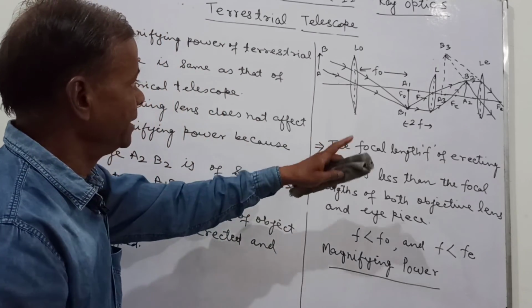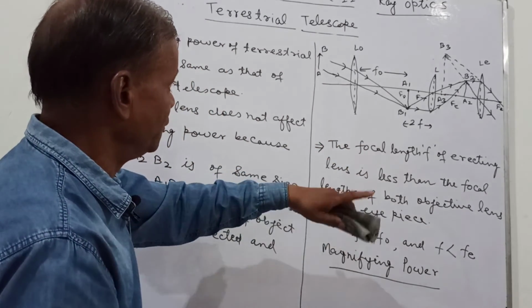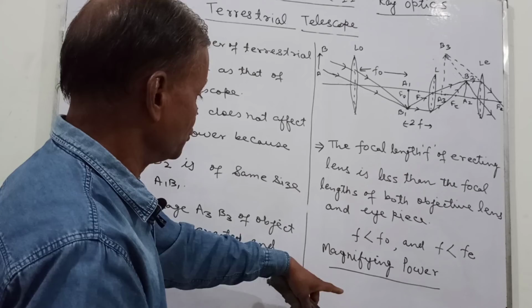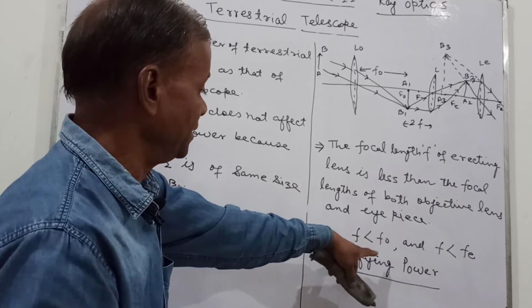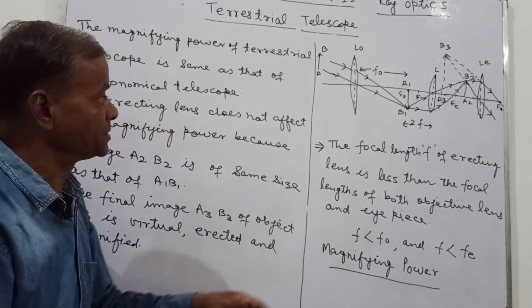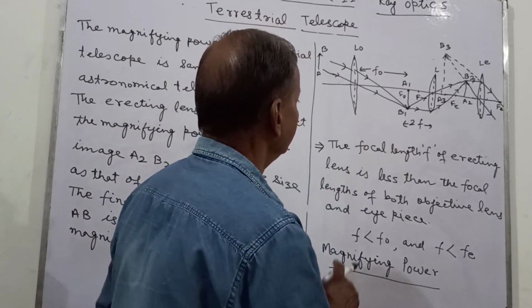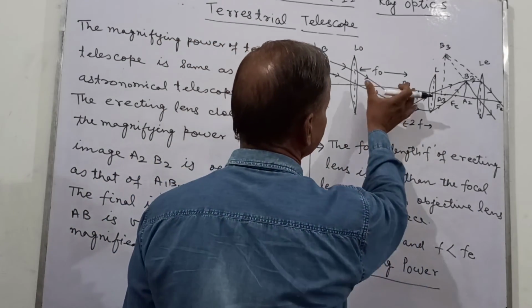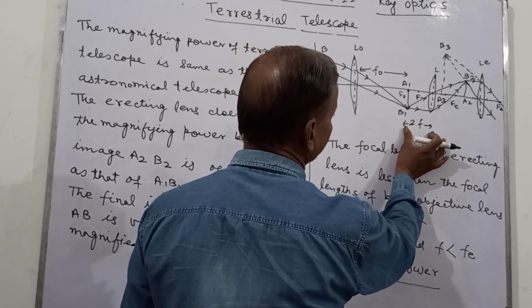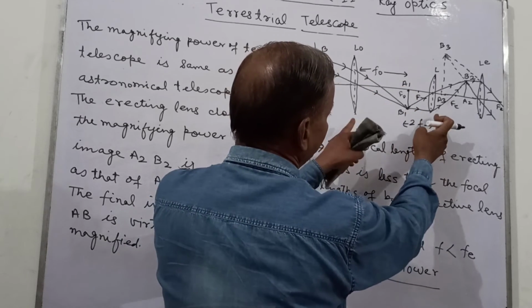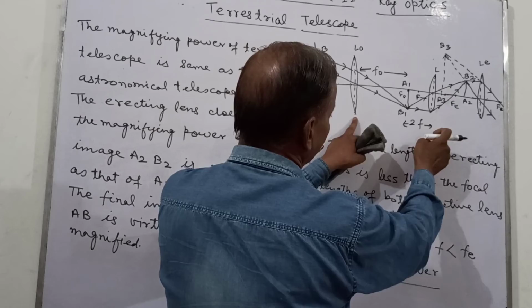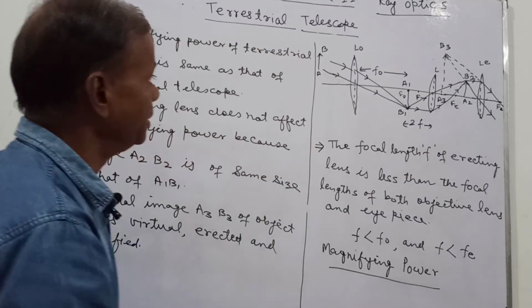So this is a ray diagram. That is how the images are formed, and here you can also see the relation between the focal lengths and the distance between these two. This is now f naught plus 2f. This is f naught. This is 2f. So the distance between these two is f naught plus 2f, as I have told you earlier.